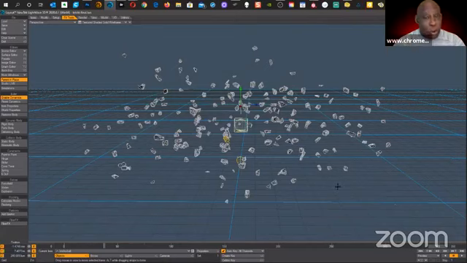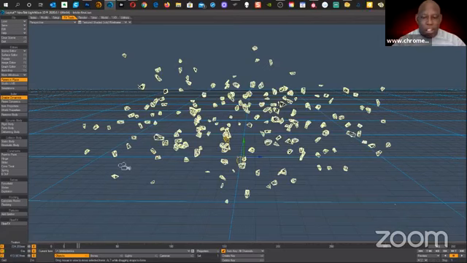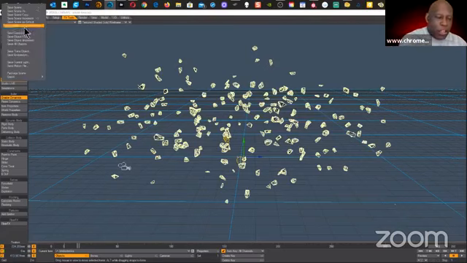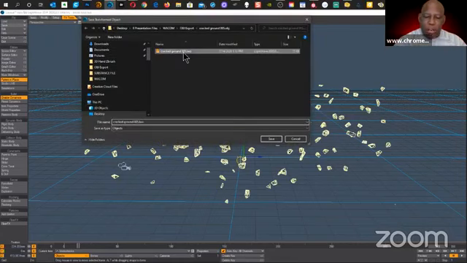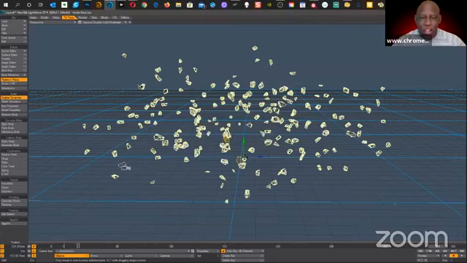Now it's not going to work. The reason it's not going to work is I just realized, what do I have selected? I got the ball selected instead of the debris. Duh, I wasn't paying attention. So let's go get the bricks. Oh, now the bricks are selected. Now we can go do it again. So save transformed object, save it as cracked ground number 5. I'm going to replace it, save it. Yes, definitely save over it, overwrite it. Done. Okay, so once that's done, I can get out of Lightwave into Photoshop.